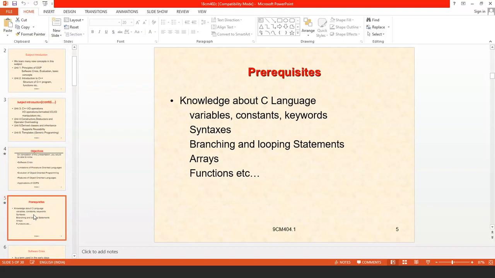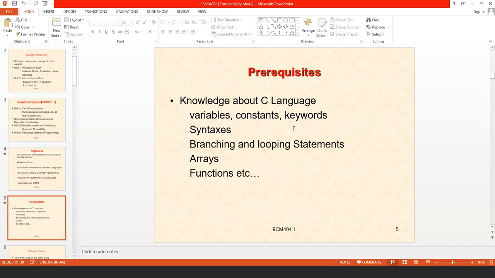Of course, about files, how to access the content of a file in your program and how you can send the content to a particular file. All those are covered in our C language. So here, mainly when we are going to learn C++, you need to know the basic syntaxes, the basic building blocks of any programming language, like variables, constants, keywords, and of course the syntaxes for each and every one,